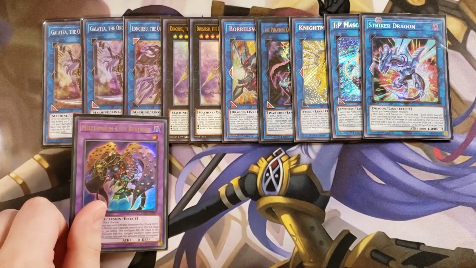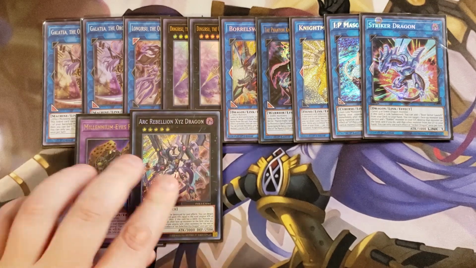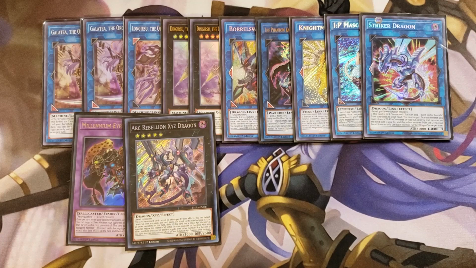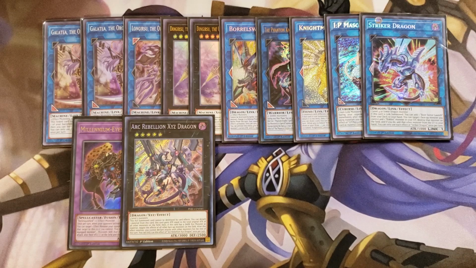1 copy of Millenniumize because you can summon this with your copy of Instant Fusion. 1 copy of our Arc Rebellion. Arc Rebellion is kind of a weird one for you guys, but I like playing it in this deck. It's super weird, but it comes up where you can actually put 2 level 4s on your side of the field with a copy of Rocket Recharger, or Rocket with a copy of Mech Knight,